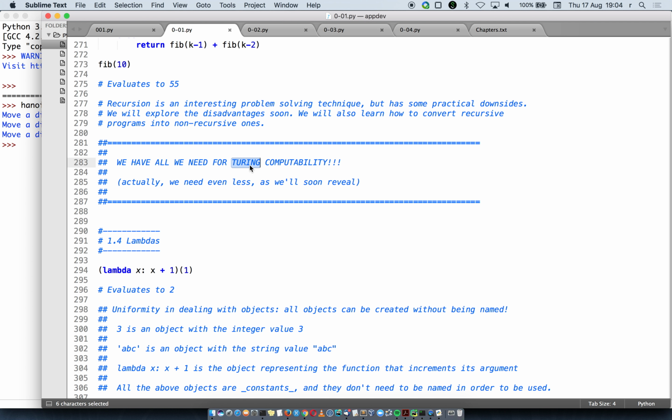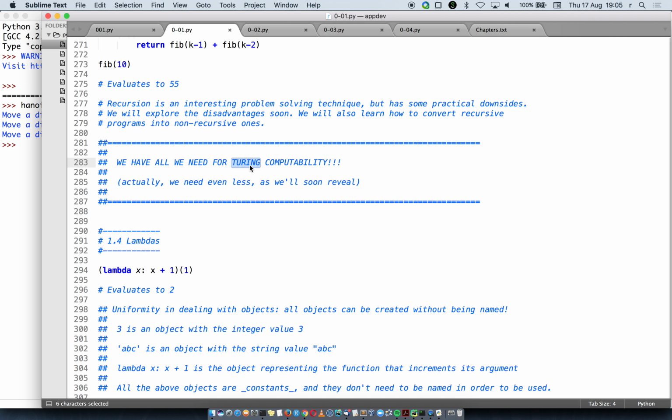It's actually not very complicated to get Turing computability, right? It's not a very high achievement. The interesting thing is what the minimal amount of stuff you need to have that is. And it turns out that we already have it. Python is a very big language, right? But of the Python, whatever we have learned up to this point already gives us that. We can compute anything we want with what we have learned up to this point,